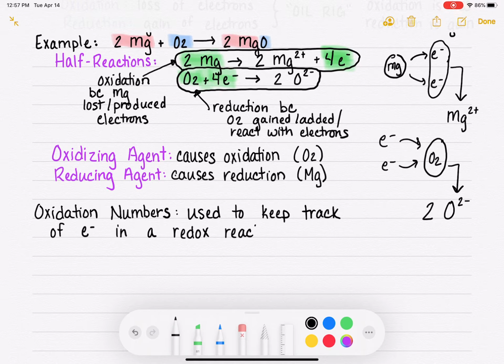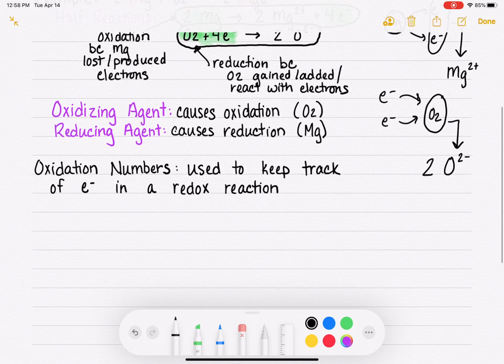They're handy for tricky or complicated redox reactions where it's hard to write a half reaction and figure out exactly what's being oxidized and what's being reduced. It's just a way that we can very quickly see the oxidation process and the reduction process. And so what I want you to learn how to do is assign oxidation numbers to atoms that are in a molecule. So here are the steps to assigning